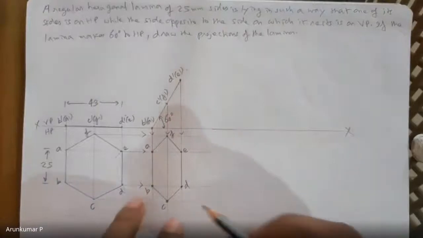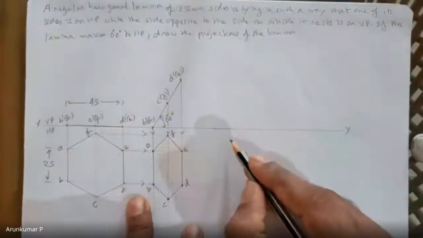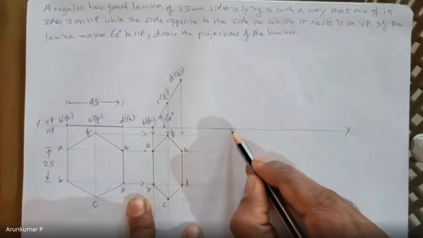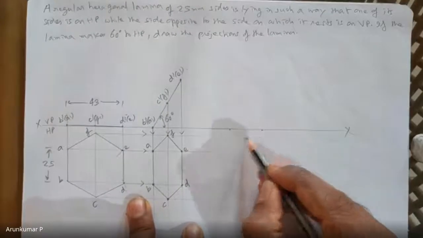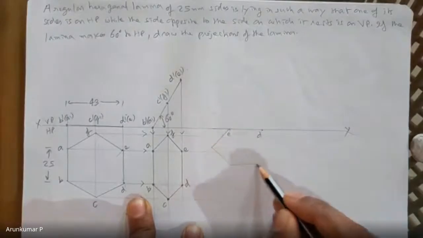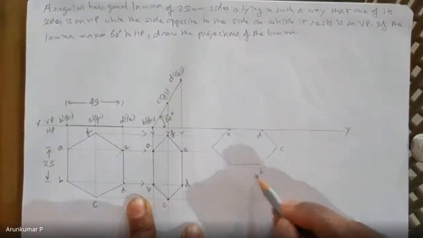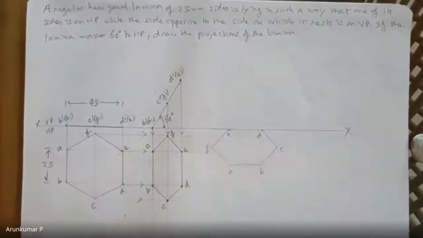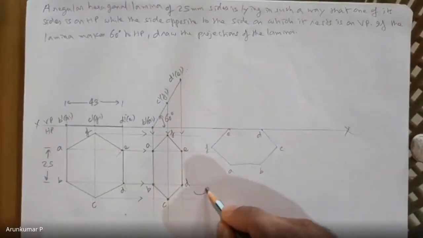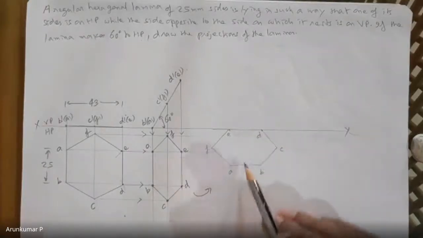Okay. So what I'll do is this D and E I'll rotate and put on XY line. So roughly this is what I expect. You know, E, D, roughly, not exactly. And this would be C, this would be B, this would be A, and this would be F. This is the idea of rotation. So rotating in the anti-clockwise direction by 90 degrees. So DE would be on XY line and AB would be below.